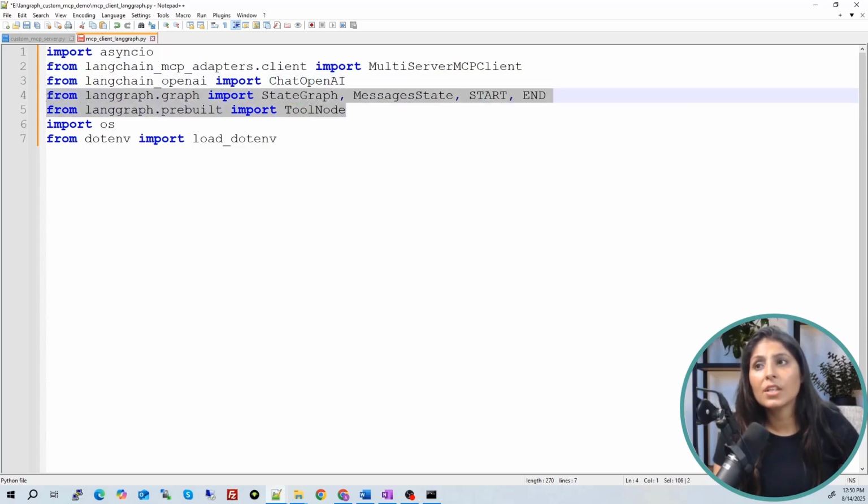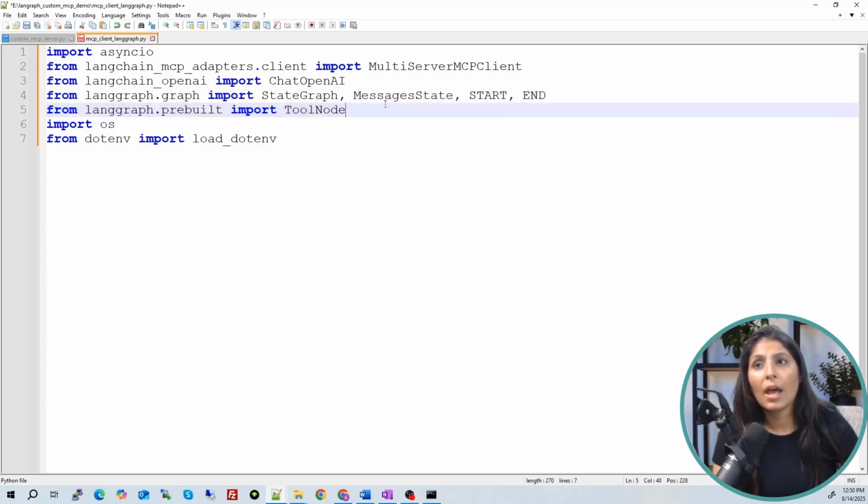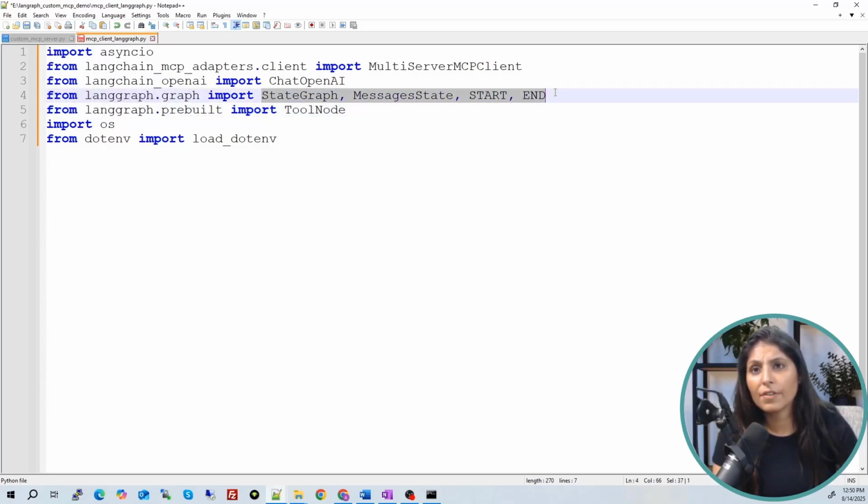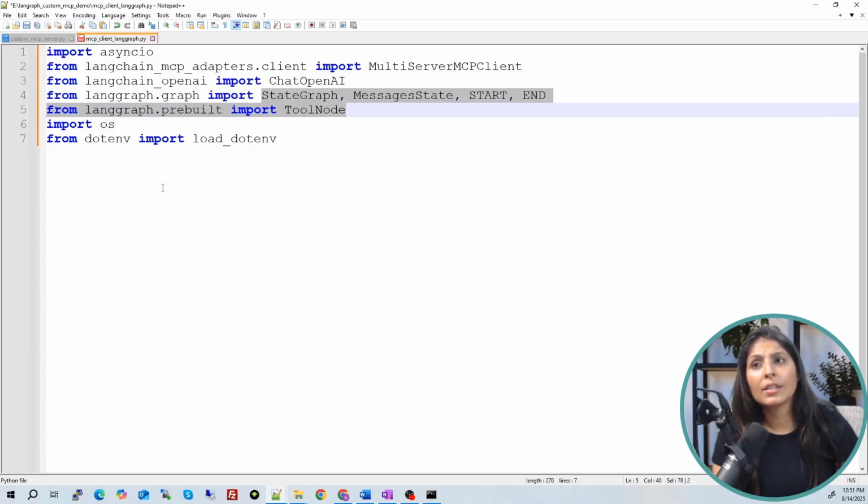And then we have these two lines, and here we are importing various different things. These are the different things with the help of which you can build a graph in LangGraph, because whenever you want to work in LangGraph, you need to create the nodes and define the flow of the graph. All that task we are going to do with this. I'll explain each of these things while using it.